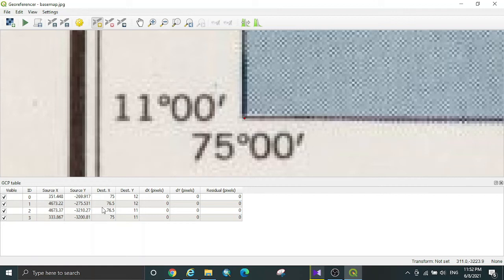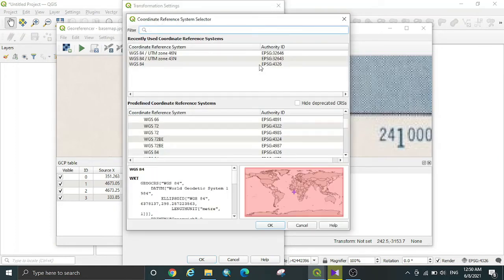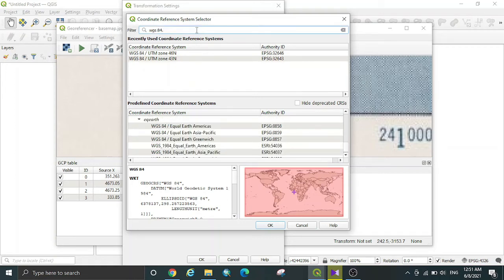Now we need to do some transformation settings. For that, go to Settings and click on Transformation Settings. Click on the Select CRS button, then we will get a Coordinate Reference System Selector window. I will explain the different types of coordinate reference systems later. Now type WGS 84 in the filter.